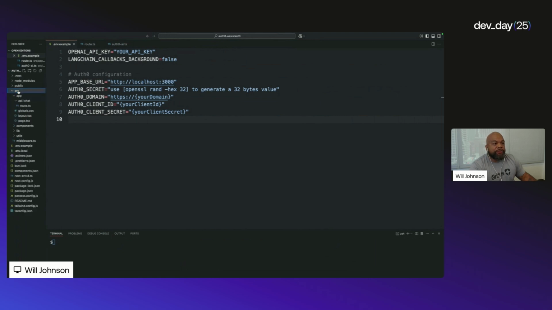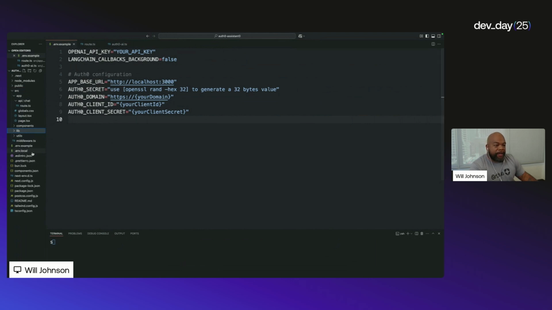If you go to the source directory, we've got the app folder. There we have the main page, the home page that has our chat interface. We have the routes that we're going to use to handle the chat requests, and this is where we're going to define our AI agent as well. We have our UI components here. We're going to use lib for any services or configuration, so this is where we're going to define our custom tools. And then we have our